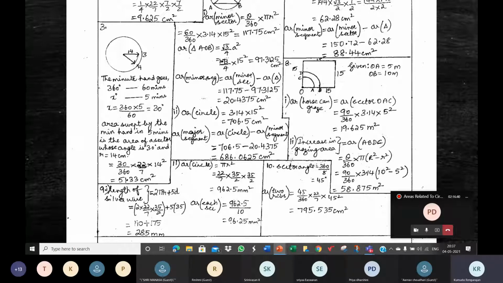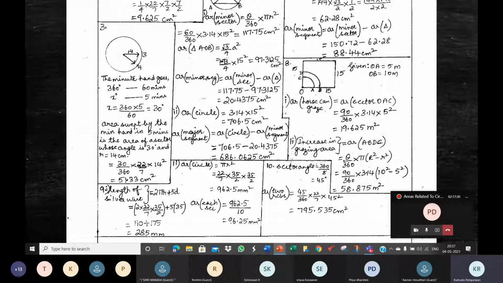So the total length of the silver wire will be the circumference of the circle, not area, the length of the silver wire. You will think there are some designs also there. No, probably they've bent the wire and stuck it there. There may be some paint also, but nothing is mentioned about it. So we need not worry about the design filled in the sectors. Nothing is mentioned. So the length of the silver wire will be the length of the circle.